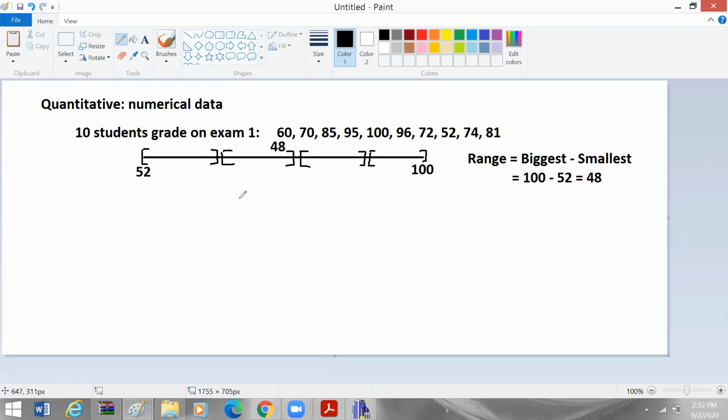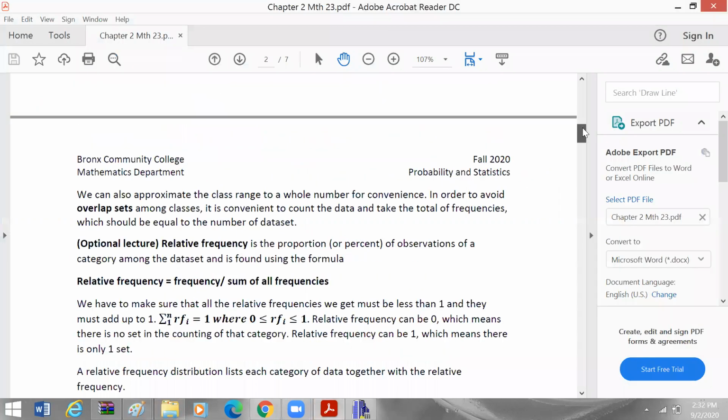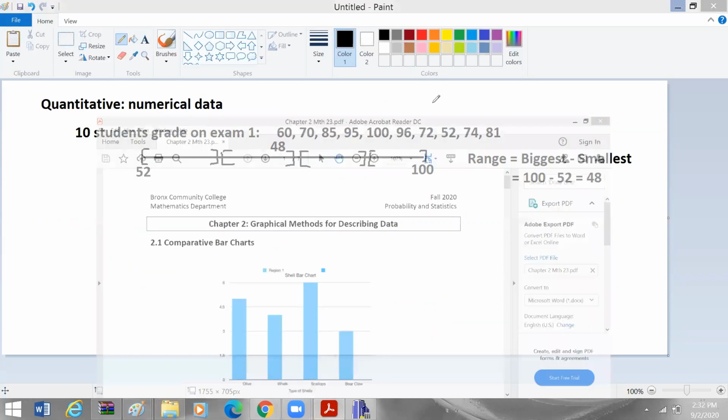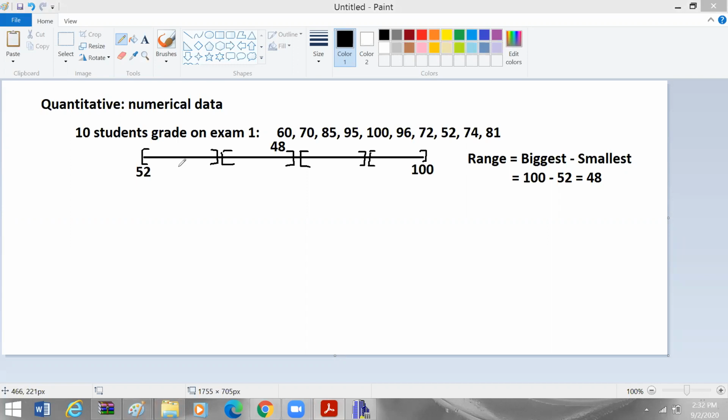All right, so that means I have different classes. The first class will be here, this is the second class, this is the third class, this is the fourth class. The classes are the number of categories that show on the horizontal axis. This is what we call classes. So what are the classes? A class is basically an interval that has a certain class width, a certain range. So this is the first class, class number 1.